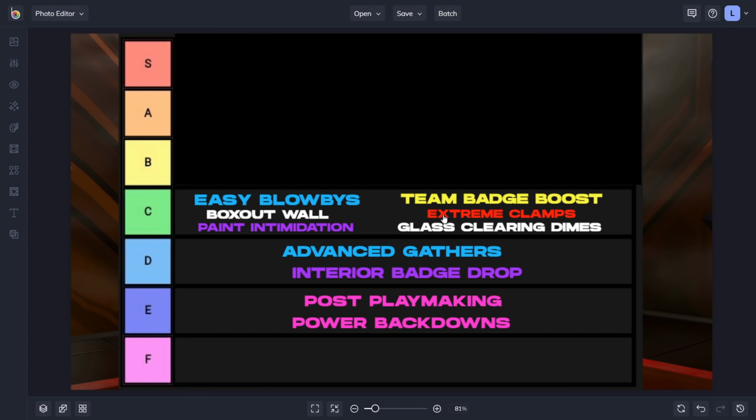We got Extreme Clamps for the lockdown, and then for another rim takeover, we have Paint Intimidation. So we're going to start with Paint Intimidation. It's very similar to the sake of Interior Badge Drop. I just think that Stuff Blocks is by far the best rim take out there, and realistically, rim takeover is